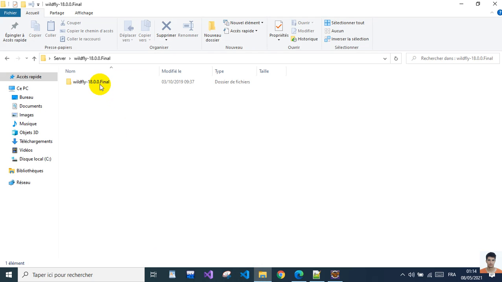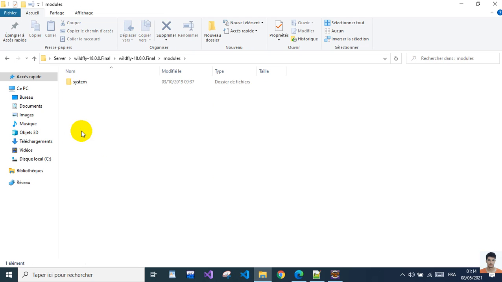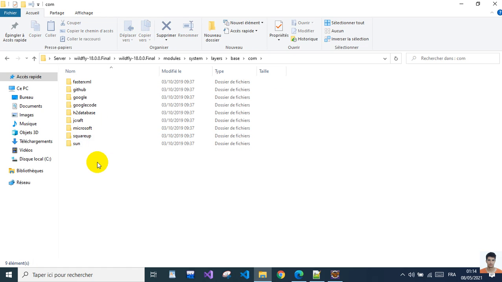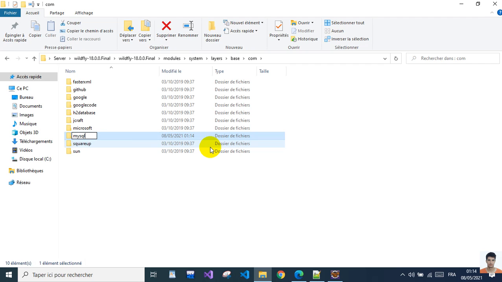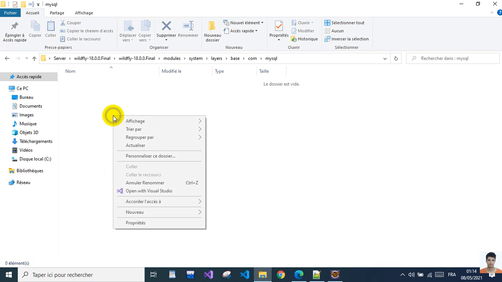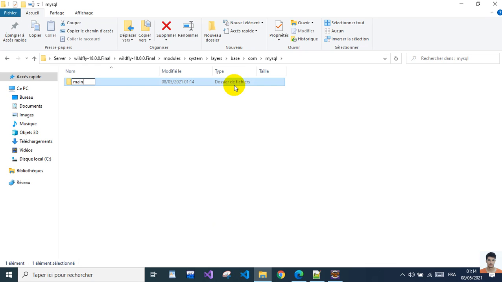Then what we need to do is to go here where we have our WildFly and go under modules, system, layers, then base, then com, and here we create a new folder and then we name it MySQL. Then under this MySQL we create a new folder and we name it main. Inside this main we put